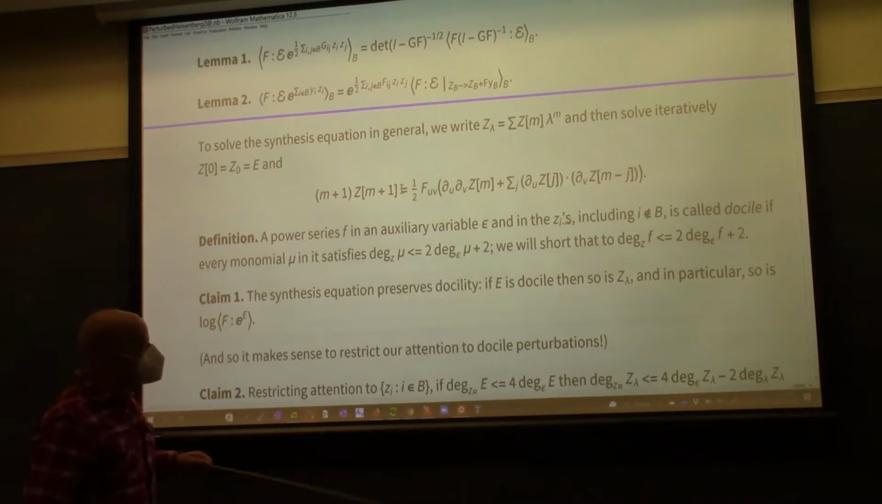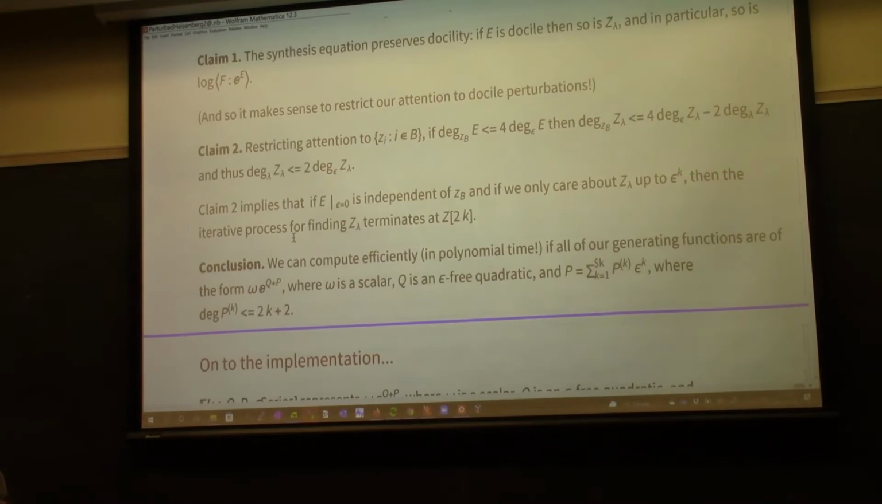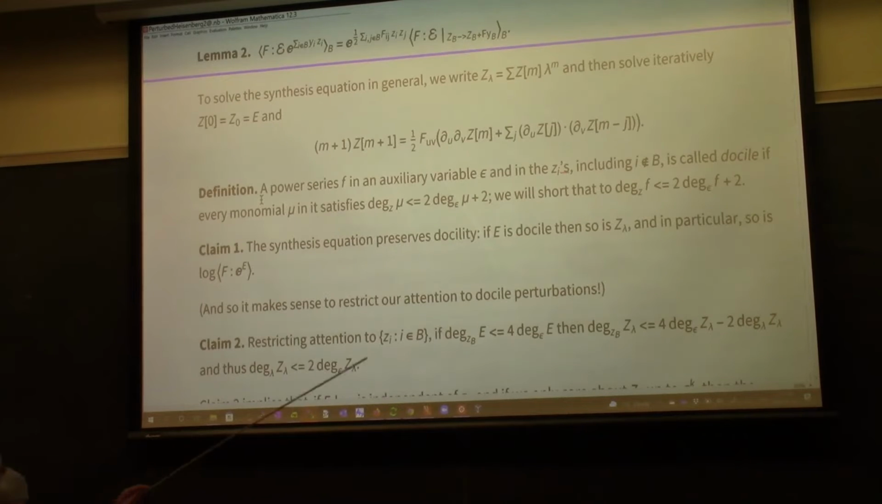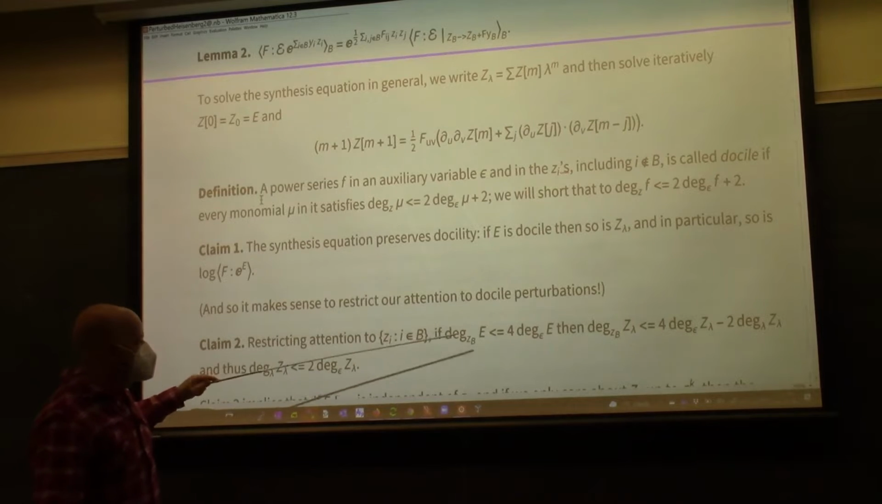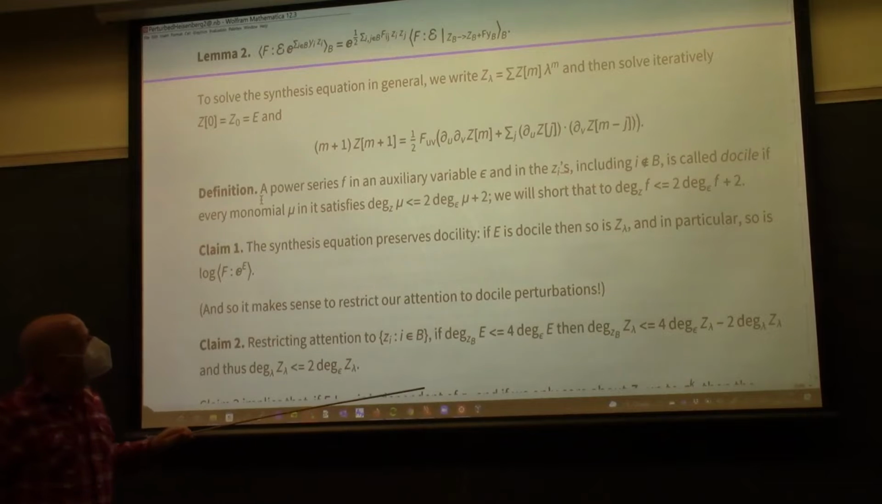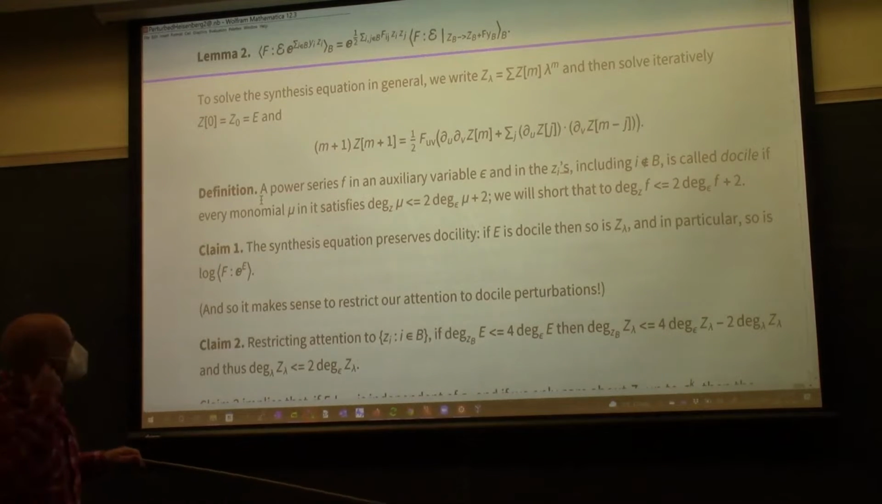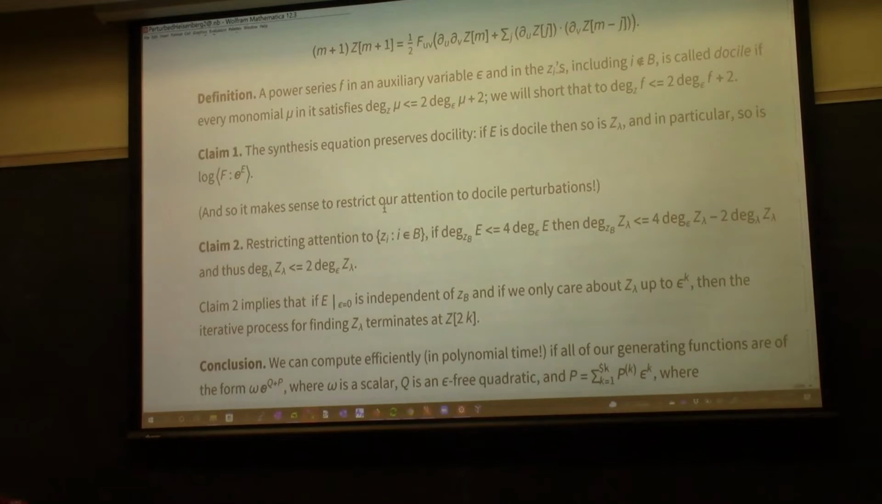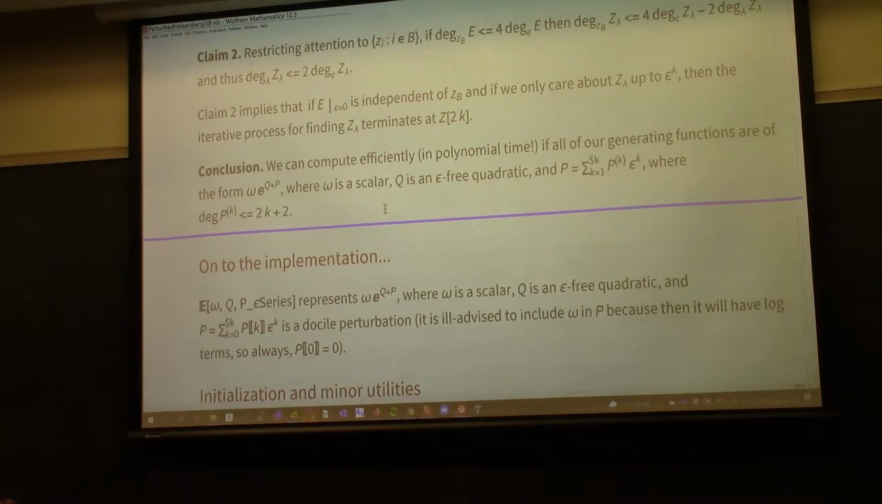And we also found that when we use iteration to solve the synthesis equation, then under the cases we care about, we only need 2k iterations, where k is the largest degree in perturbation theory. So it's a finite process. Anyway, that means that we're ready to implement. So let's start. I want to implement all of these lemmas